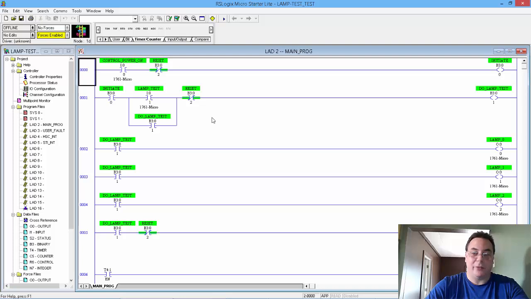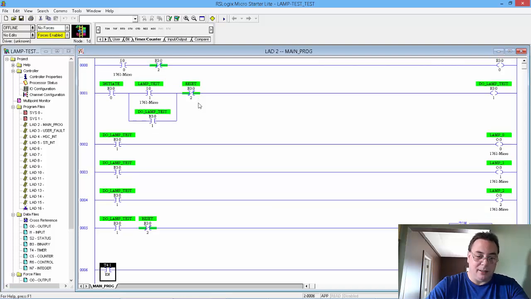You have to think in your mindset that you're the processor, so you're downloading this program into the processor. When you upload, you're taking the program from the processor to your computer. I know it seems backwards, right? Okay, so